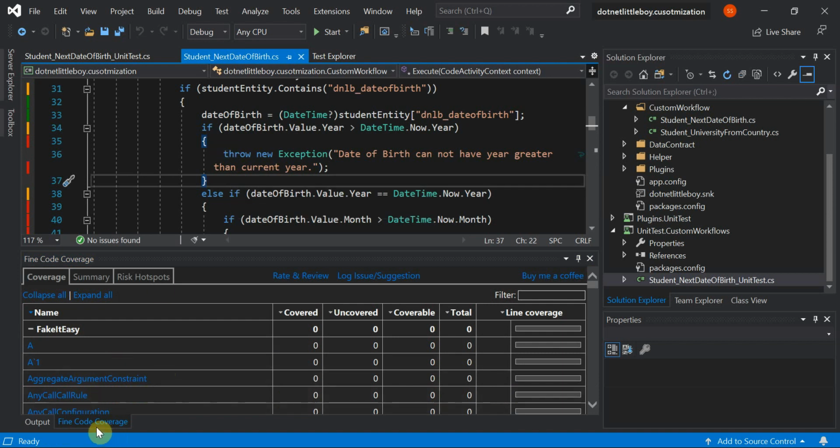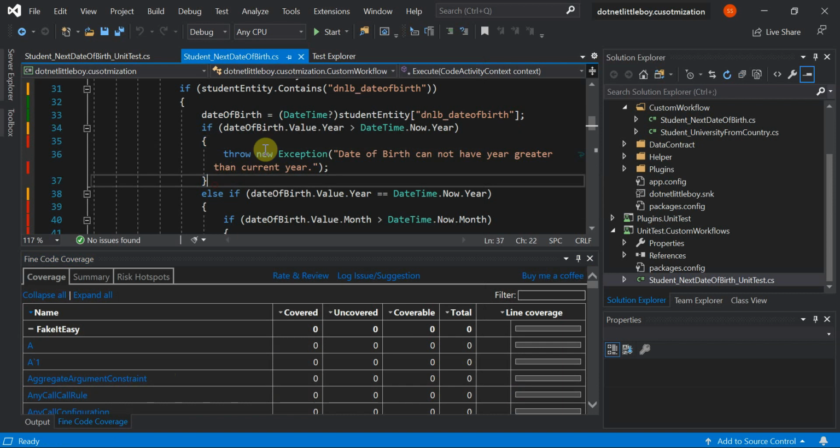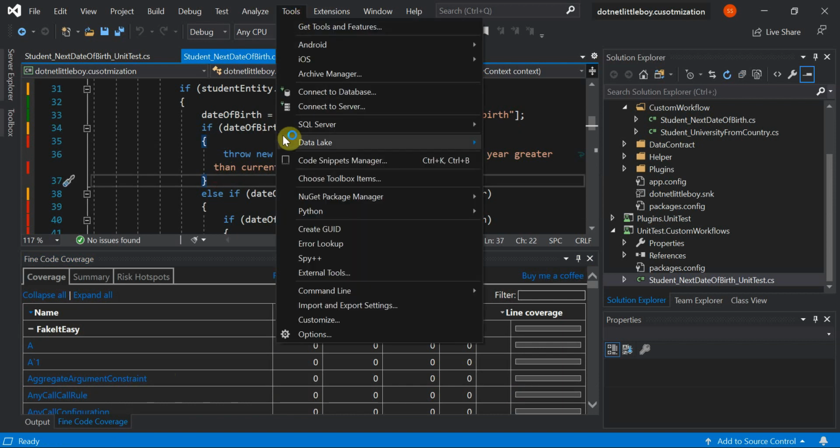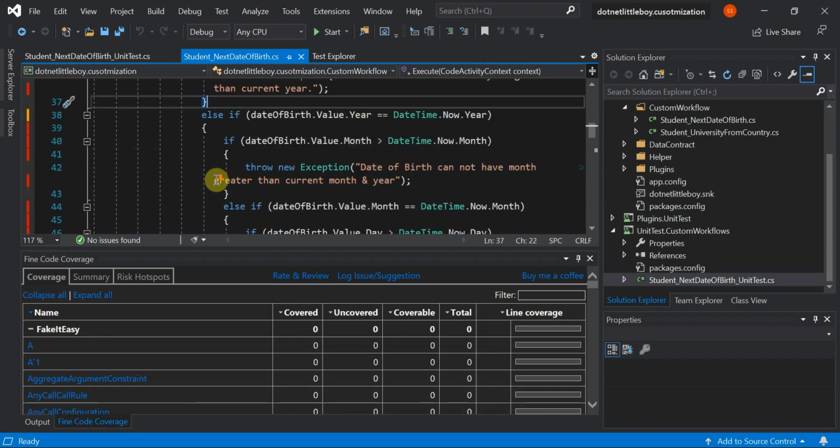You can find this extension online and add it to your Visual Studio. Since this is my community edition, I don't have that tool added. In the enterprise edition, you can have that code coverage tool built in. If you don't have it, you can download it and install it against Visual Studio.